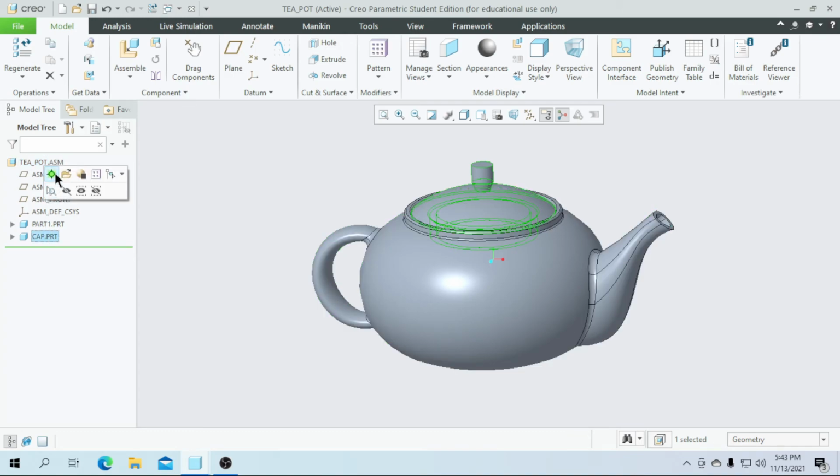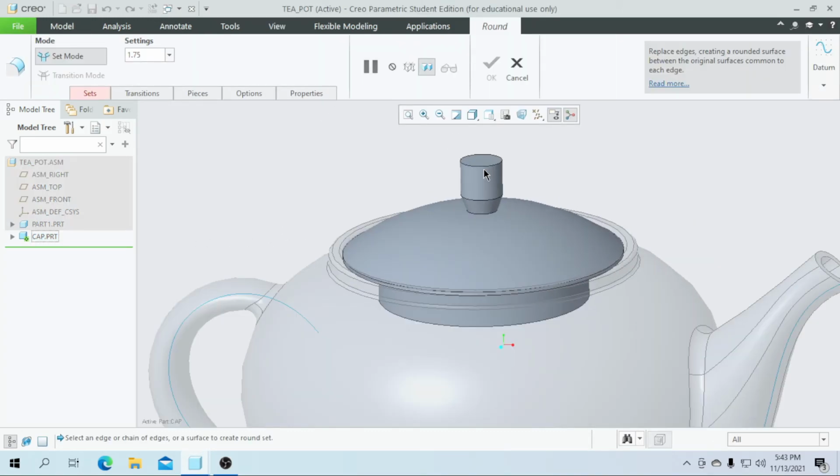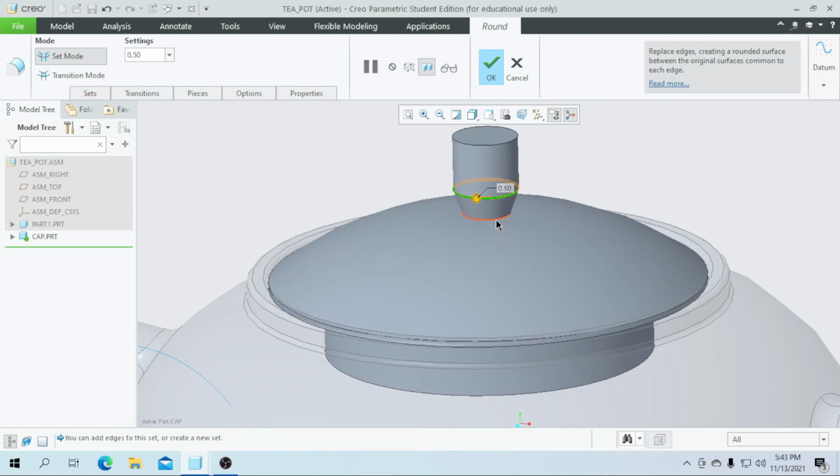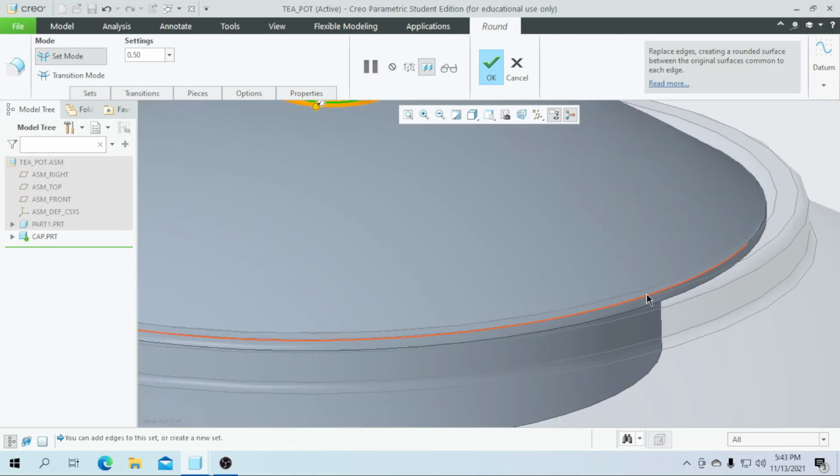Select this part and make it as an active part. And now here I am going to add some round features for this. Enter this value as 0.50. Then select this edge, control key plus select this edge, and then I am going to round this edge.